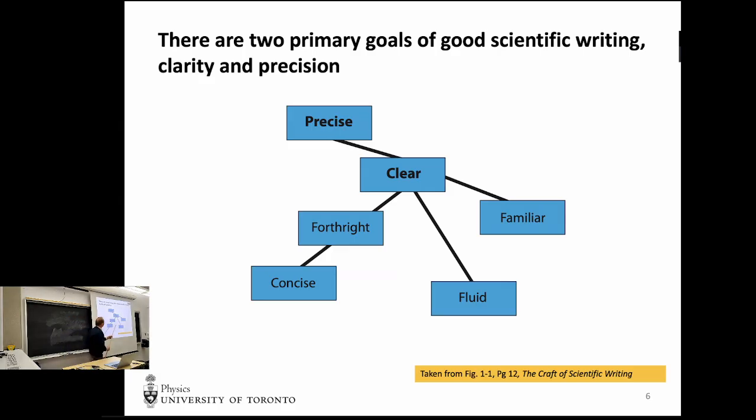And being familiar is even more imprecise in some sense. Being familiar means that you're writing in a way that people don't feel is pretentious, that you're not writing down to somebody, but you're actually talking to them. You're communicating in a way that you're trying to make as effective as possible. Okay? So all of these things end up helping what you're writing be clear, and most importantly, precise.